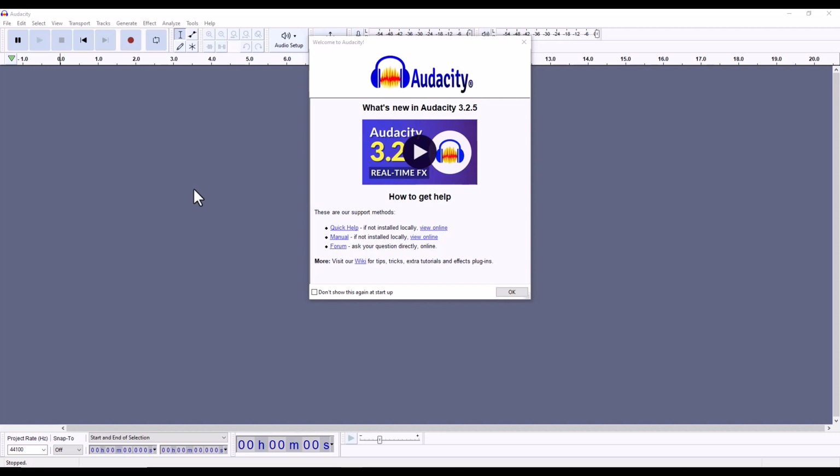And so we typically use Audacity just to level the playing field and make sure everyone is using the same tool. So when you open up Audacity, this is what you're going to see. There's almost always a little pop-up that comes up with a video about what's new in this version of Audacity. And there are always links to their online support, so they have a manual or a quick help. They have a lot of great information there if you have specific things that you need assistance with. But I highly recommend always taking a look at this little video that they link to just to see what is new with the newest version that you're running.